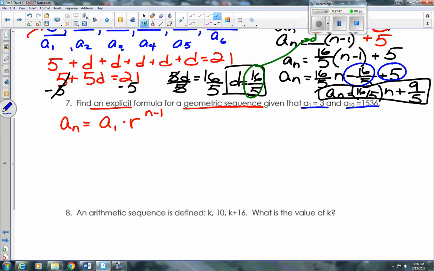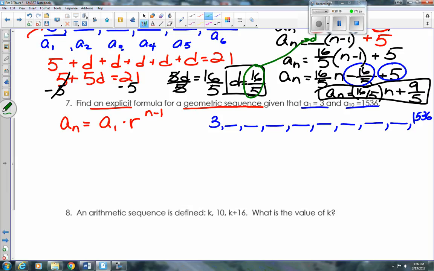So I could try making a list of those values again like I did in the problem up above. 3 is my A1, and then that's the first term. I have a second, third, fourth, fifth, sixth, seventh, eighth, ninth, and then my 10th term, 1536. It's a little bit hard for me to guess what my R value is,